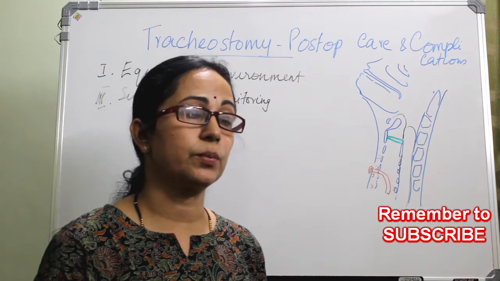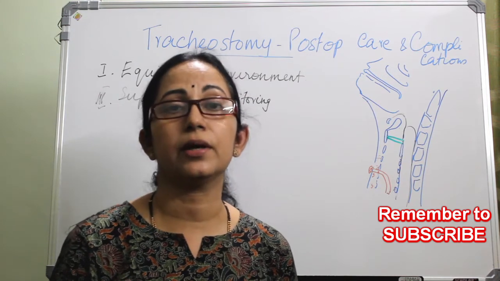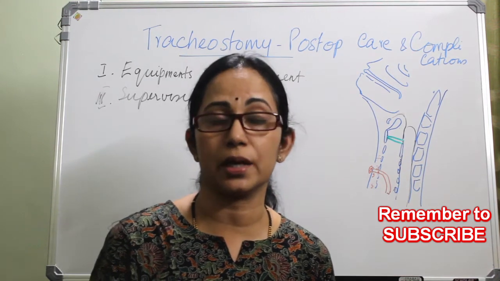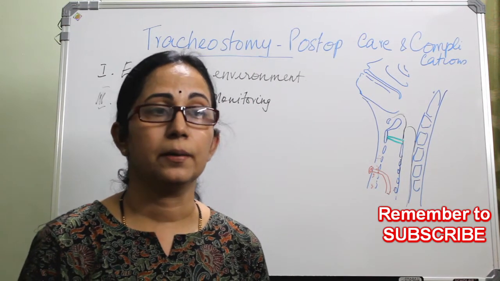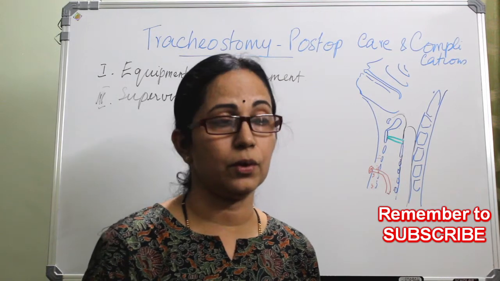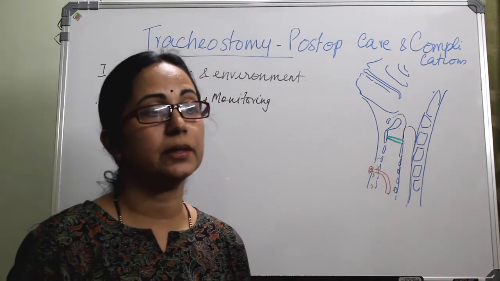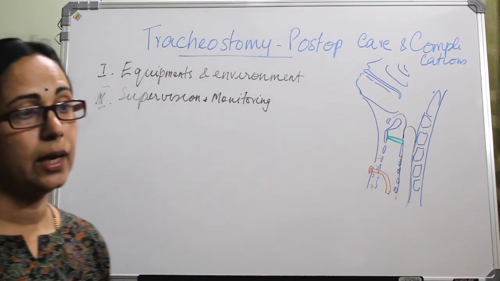What all things do you have to monitor? You have to monitor the heart rate. Along with heart rate, go for continuous cardiac monitoring. Then respiratory rate, blood pressure, temperature, pulse oximeter, oxygen saturation, the work of breathing, and also the behavior of the patient. That is important.